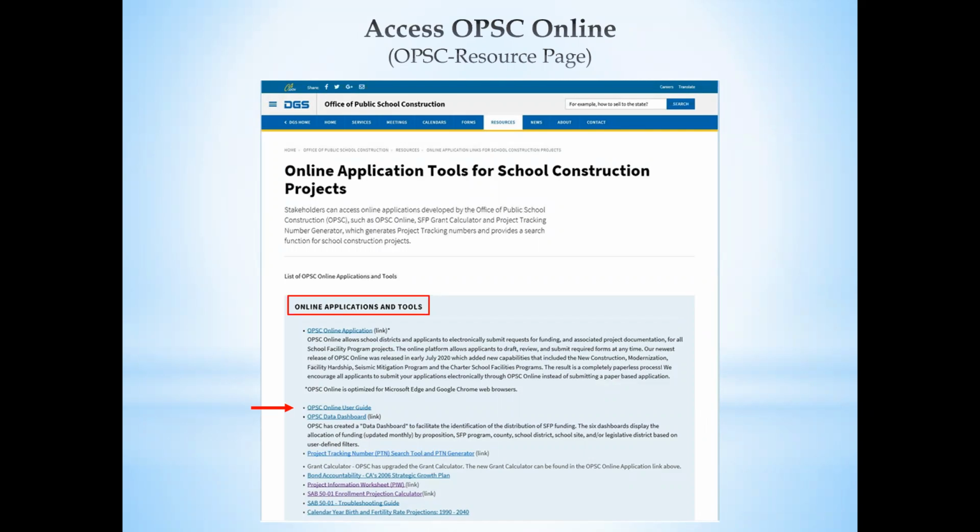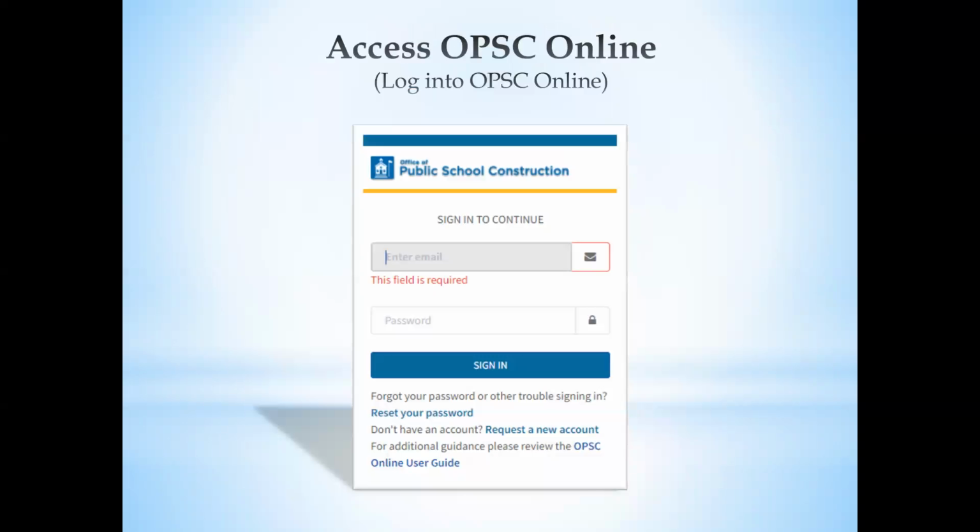Again, that link will take you straight to the sign-in page, so you can enter your information and access OPSC Online. And also, a helpful resource is the OPSC Online user guide, which is the second bullet down, and that can give you some tips and walk you through some of the process, answer some questions for you to help you navigate OPSC Online.